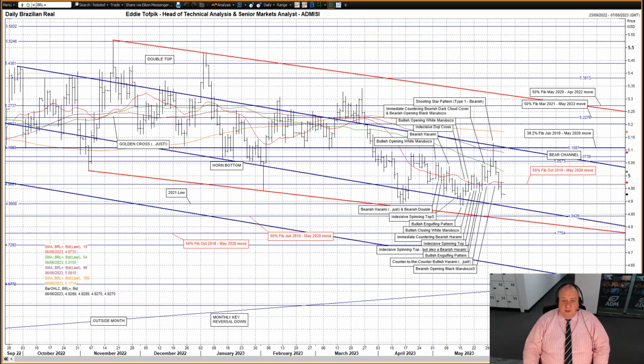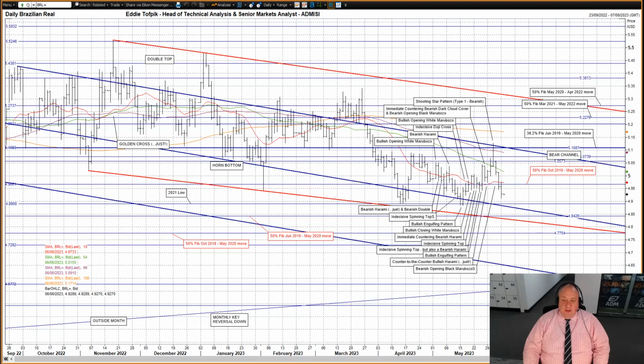US dollar against the Brazilian real. A third bearish black crow yesterday and a second consecutive close below the 50% Fibonacci line of the October 2019 to May 2020 move at 496.61. This was further bearish pressure from the declining medium moving average, currently 509.10, and especially from the declining short medium moving average, currently 501.55. We also have overhead the lesser Fibonacci lines at 505.73 and 507.39,